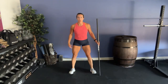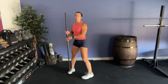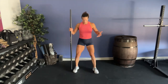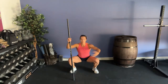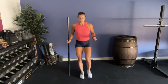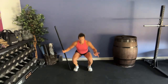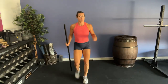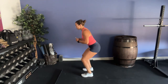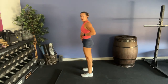So I'm going to show you guys, in terms of correct positioning, I like to have my feet underneath or slightly outside my shoulders, toes turned out. The reason for this is it creates enough space as I go into that squat position, right? So from a frontal position, I have enough space at the bottom for my hips to sit in. I have wider hips, so I need enough space down there. If my stance is very narrow and I go to squat and I don't have enough space for my hips to sit in, then in this position, one issue that may arise is that torso collapsing forward,